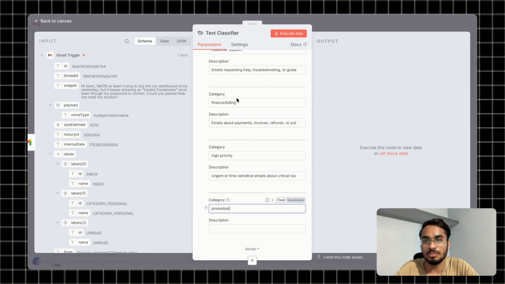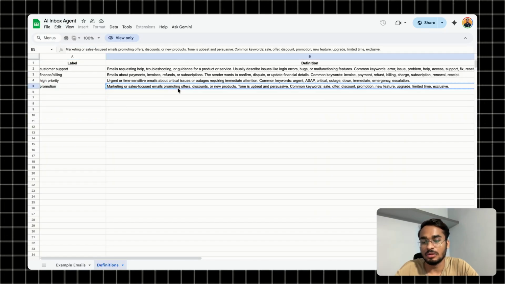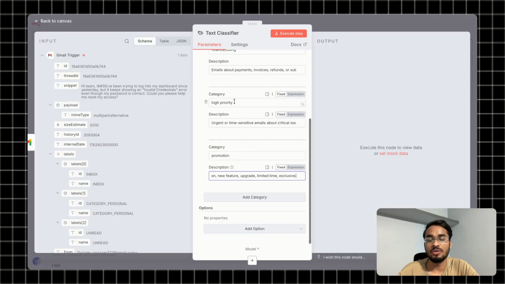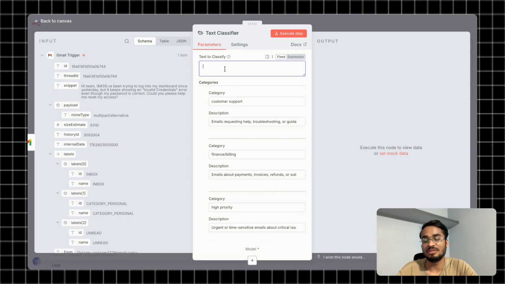Okay, so promotion, and this is the definition. We have successfully added all four categories. Now we have to classify the email based on subjects. Let's